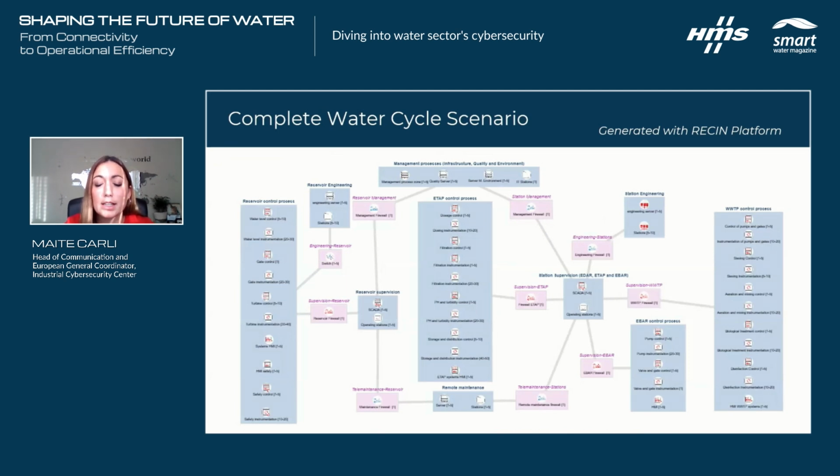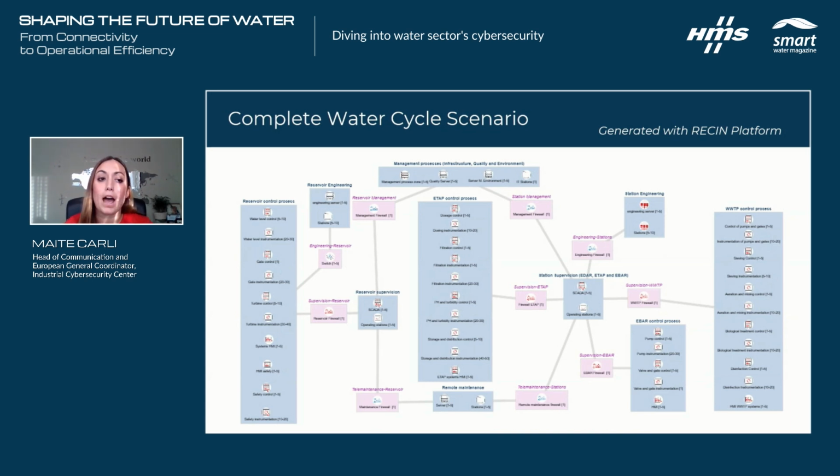architecture displayed. The platform allows us to have a wider view of how we have things. Of course, we don't put any critical information such as IPs or any information critical for the assets, but it's a great overview of how the architecture is, how the different areas of the water cycle scenario are connected, how they communicate, and how critical they are. At the end, I can't show you due to lack of time, but we'll have a final report based on the standard that I mentioned, the